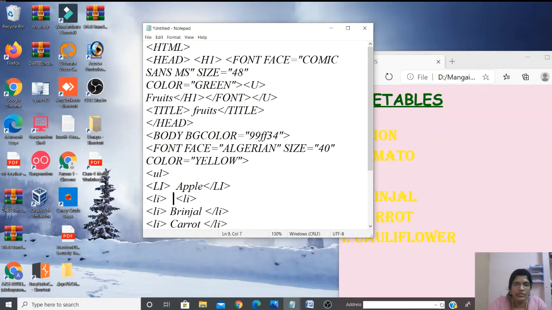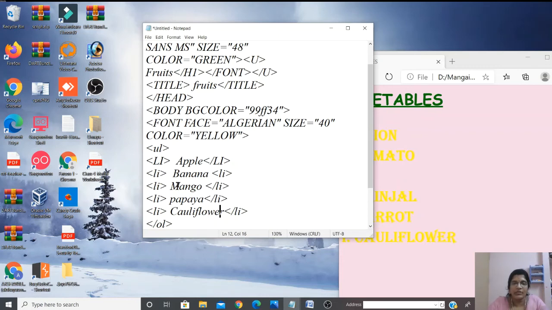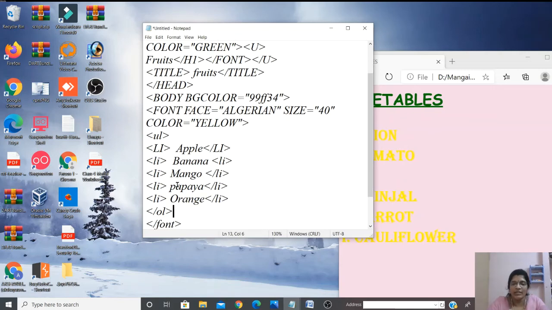No tomato, it's banana. Then no brinjal, it is mango. Then no carrot, it is papaya. Next no cauliflower, it is orange. This is the unordered list, so change it into UL.